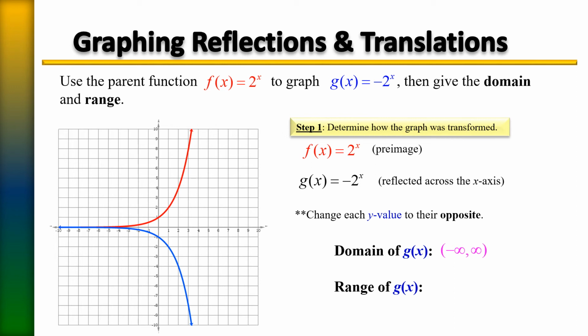As far as the range, now this one has been flipped, so the range is going to be a little different. You still have that asymptote at y = 0. So this graph is going to extend where? So if you said it extends from right here at 0, and then it's going to go forever down to